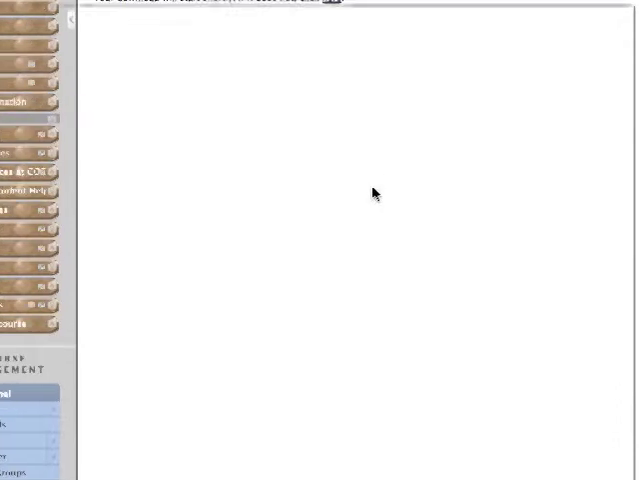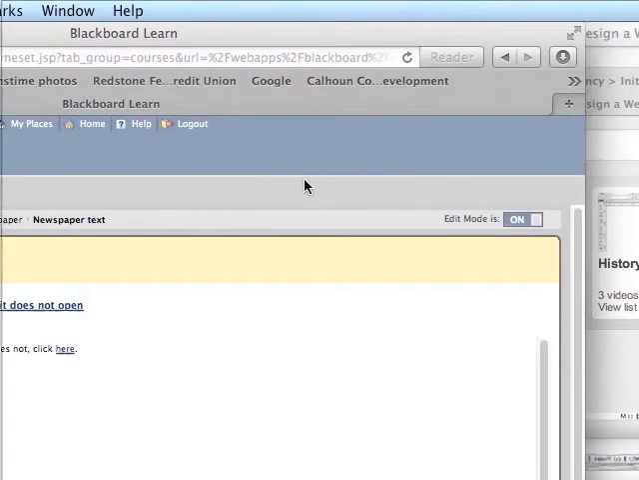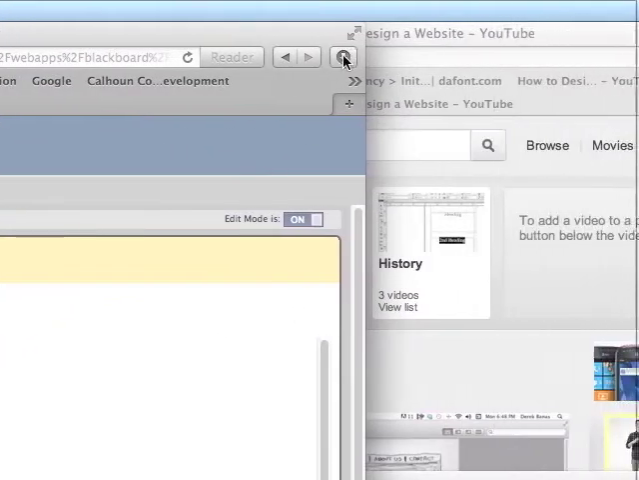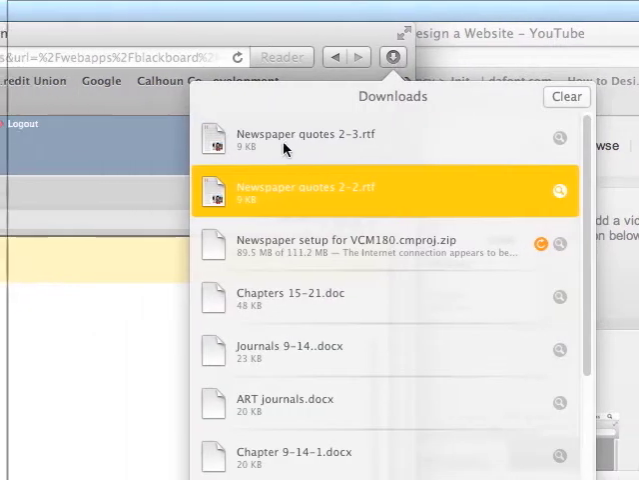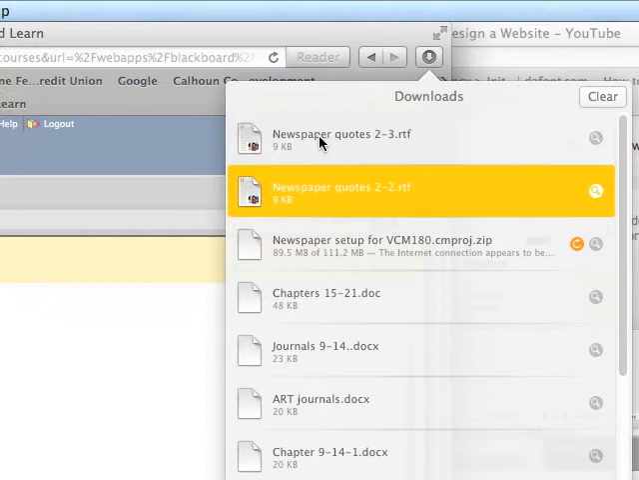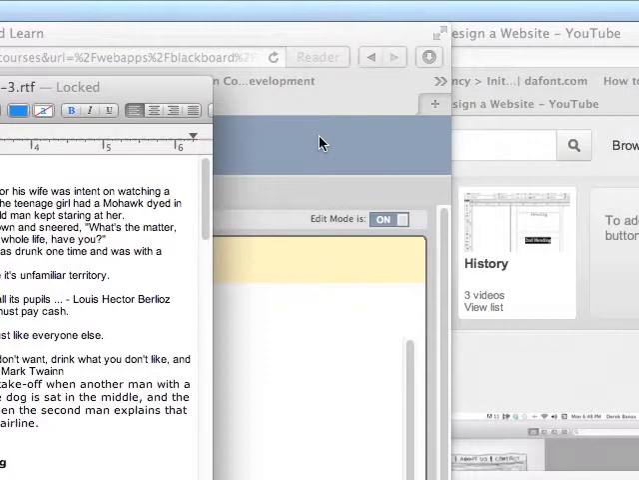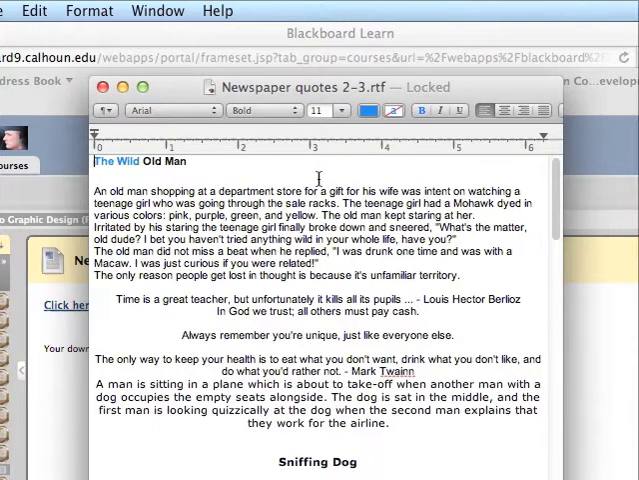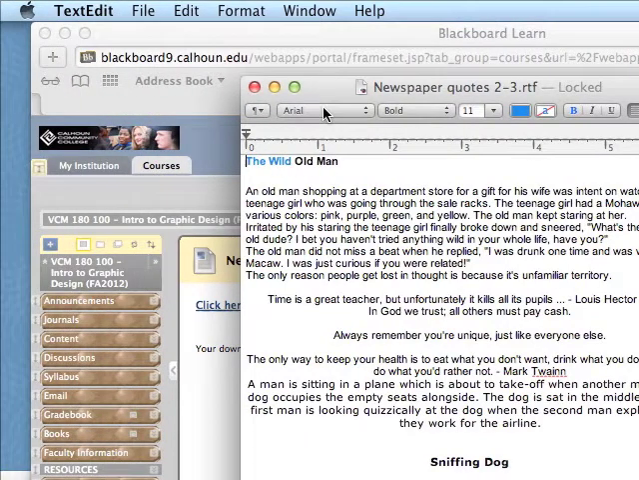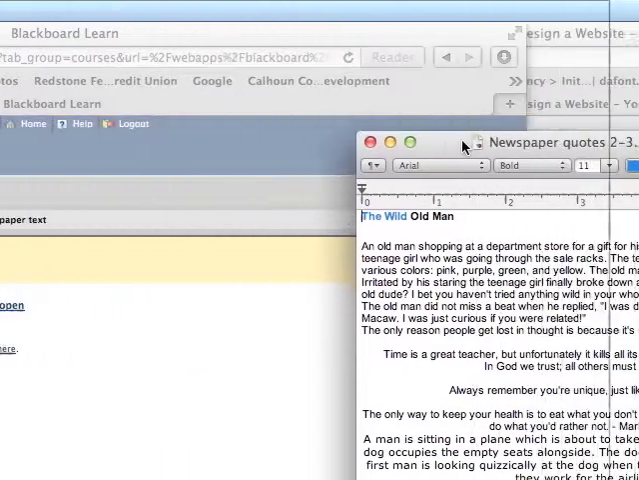That should throw the file into the download file. So we're going to click show the downloads. There's the newspaper quote, and we'll double click it and it pops up in text edit. Now we'll set this aside over here